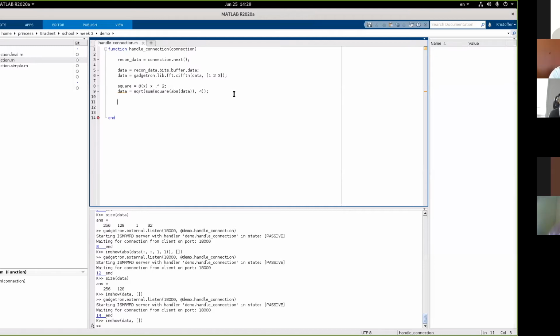First, let us send an image back to the client. As it turns out, that is the biggest hurdle here. So to send an image back to Gadgetron, we want to call connection send with some sort of image. Send